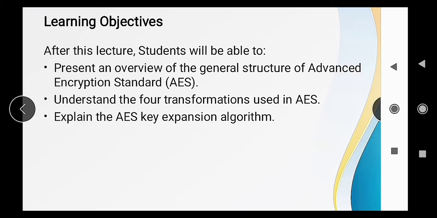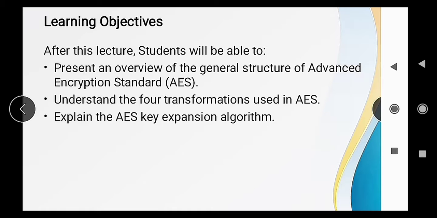Second, the student will be able to understand the 4 transformation techniques used in AES. Last, the student will be able to explain the AES key expansion algorithm. So these are the learning objectives of the lecture.